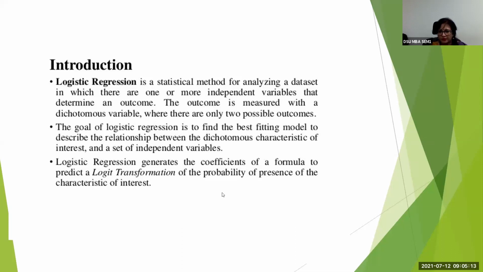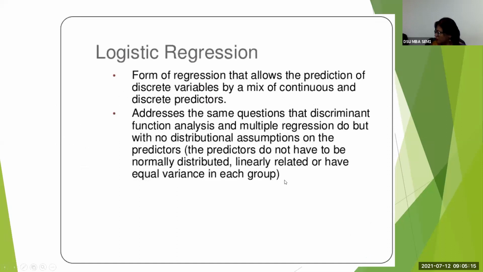So if you now look at the difference, or what is this basically into? It is a regression model that allows the prediction of discrete variables by a mix of continuous and discrete predictors. Predictors basically are independent variables in the equation. So in the equation, you will have on the left hand side the dependent variable, and on